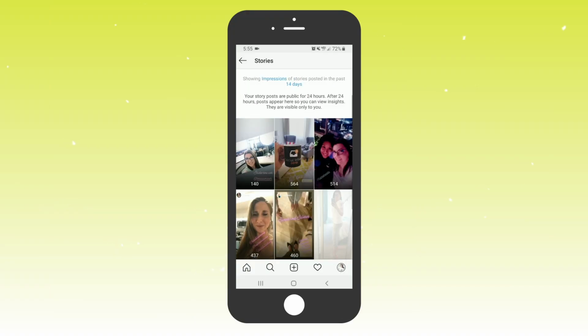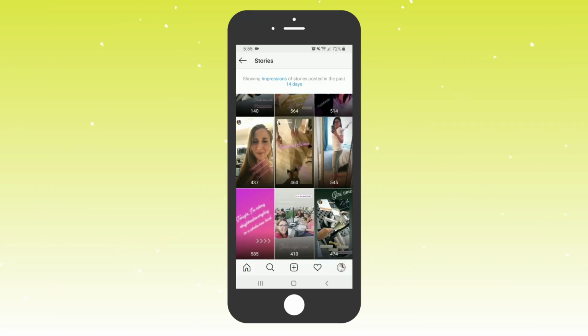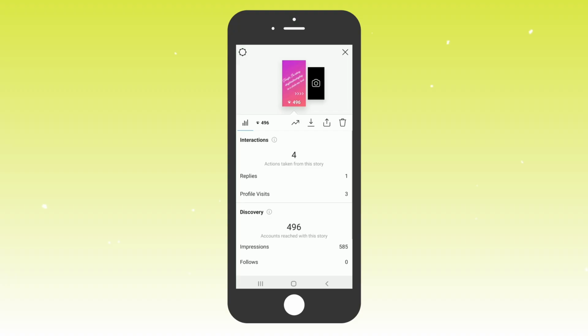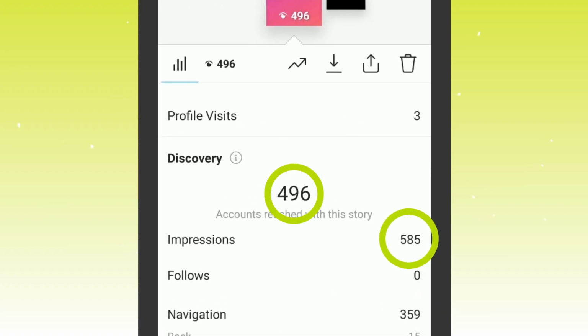Back on the content tab for the Insights page, you can also tap on See All Posts for the Stories option. This will take you into your archive of all the stories that you've uploaded to your profile. And again, you're going to get the sort option just like we saw with the content feed posts. Some of the criteria I like to look at most are impressions and view count, just to see how well posts are performing overall in terms of views.